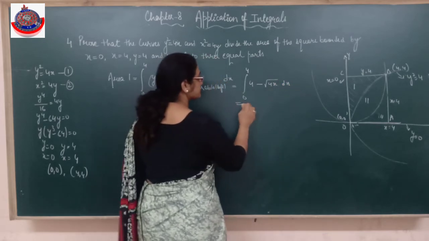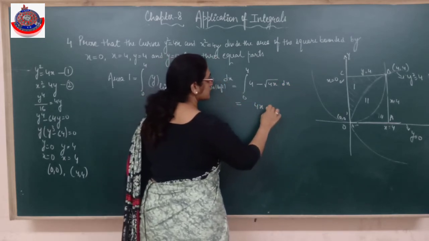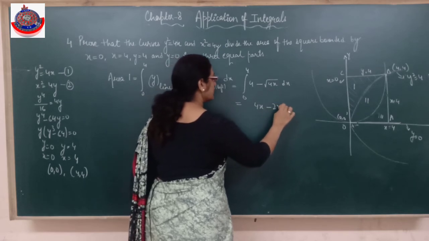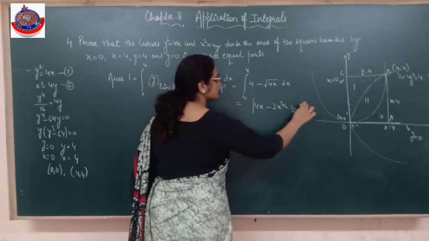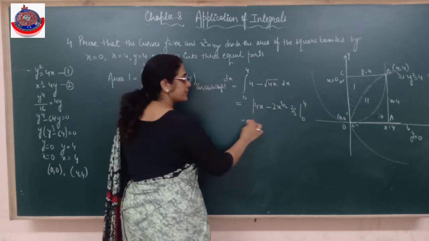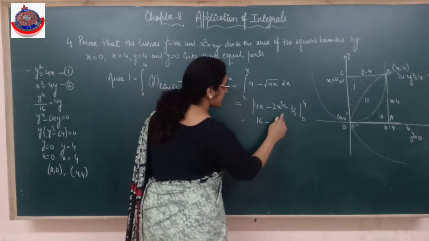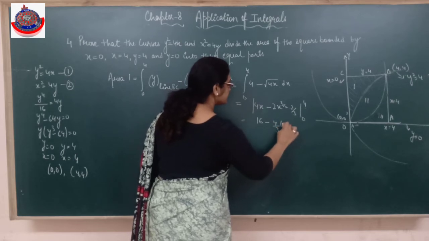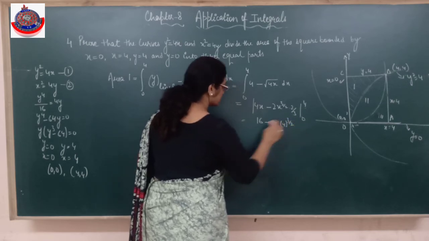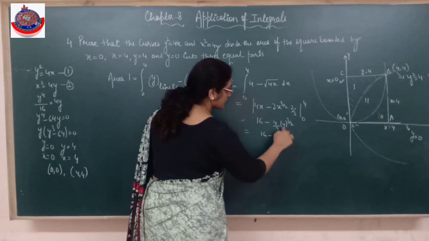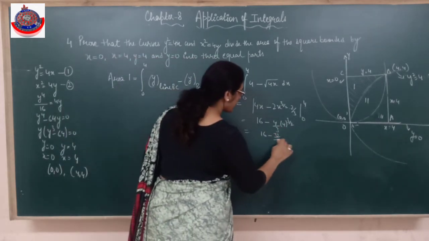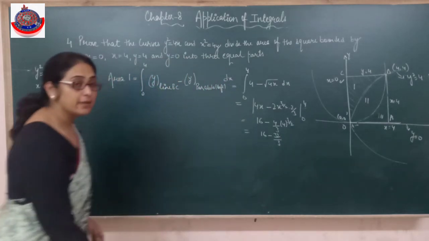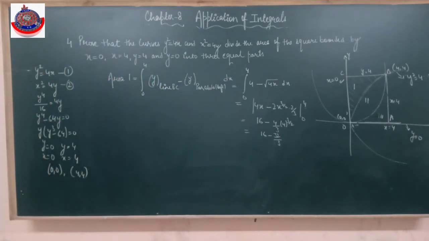Solve it. ये 2 बन जाएगा, रूट x का, with the limit 16 minus 4 by 3, 2 to 8, 32 by 3. All right, and then